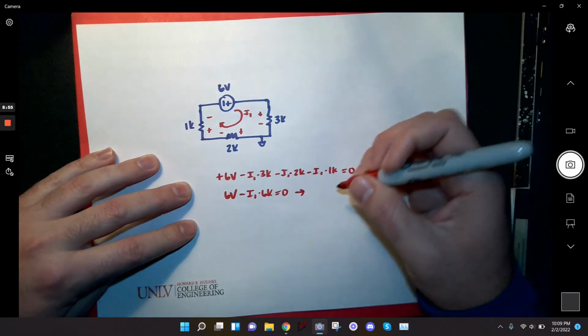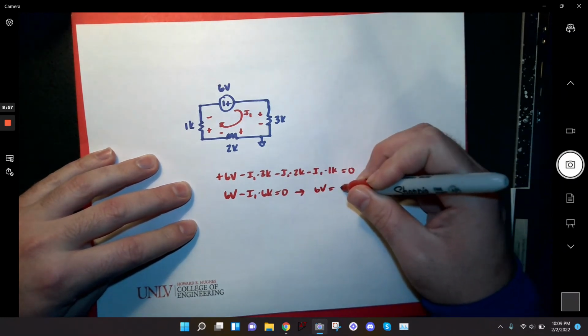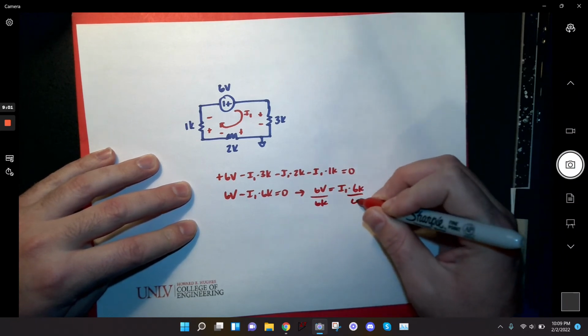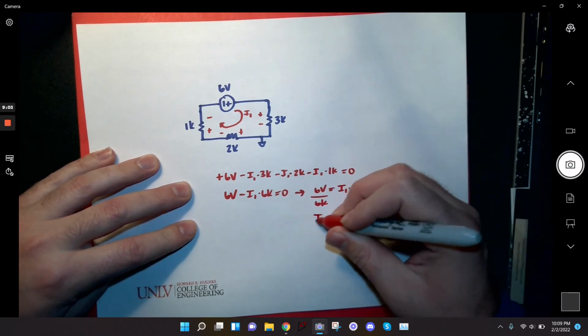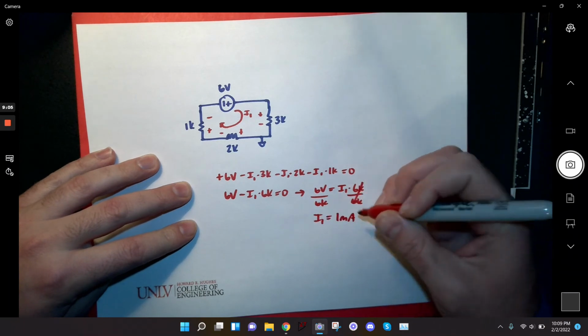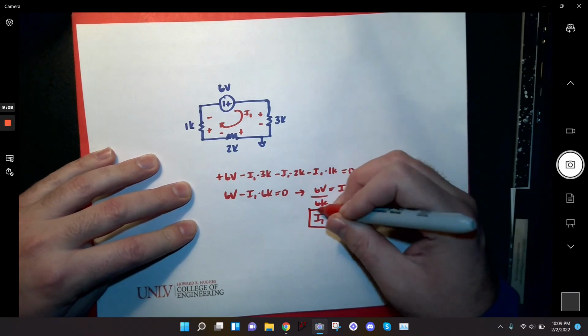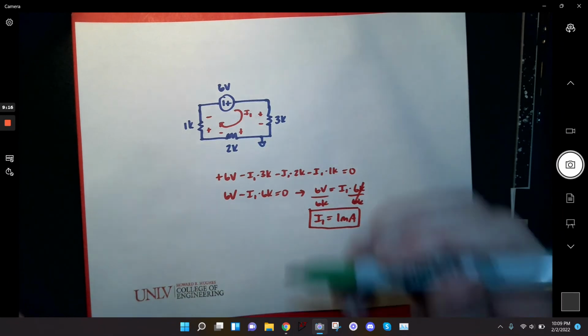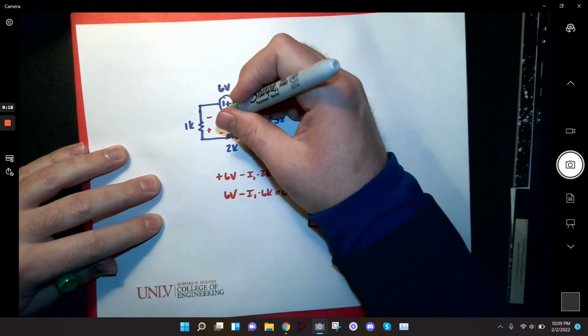I can add that to both sides. 6 volts equals I1 times 6K. Divide by 6K. Cancel. I1 is going to give me 1 milliamp, right? So now what if I didn't do it clockwise because I wasn't sure what direction the current was flowing? Instead, what if I did it counterclockwise? So let's see what would happen if I were to define the current